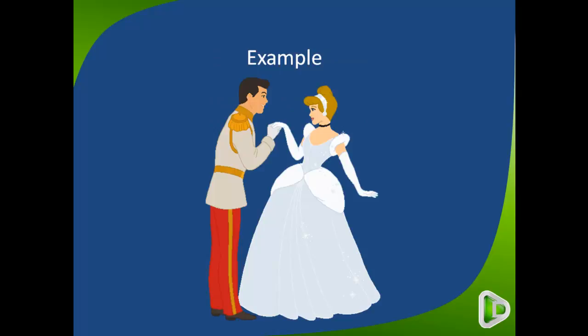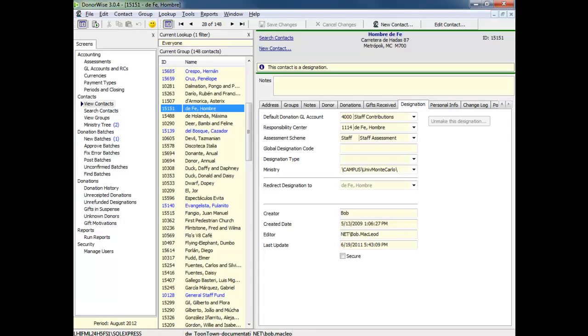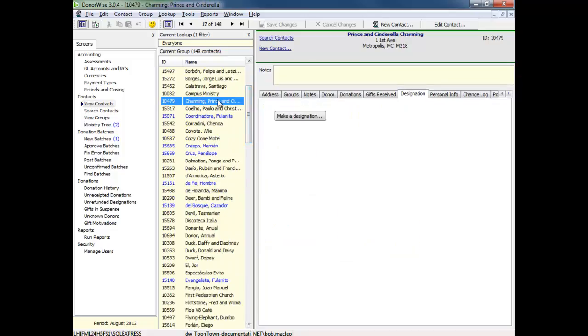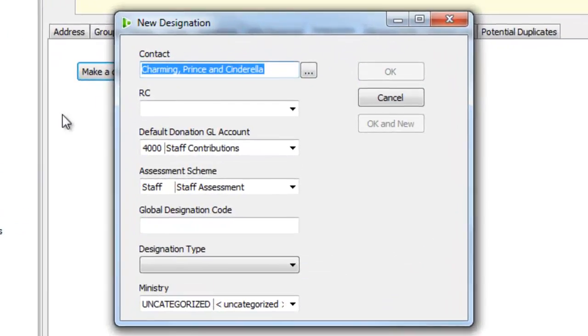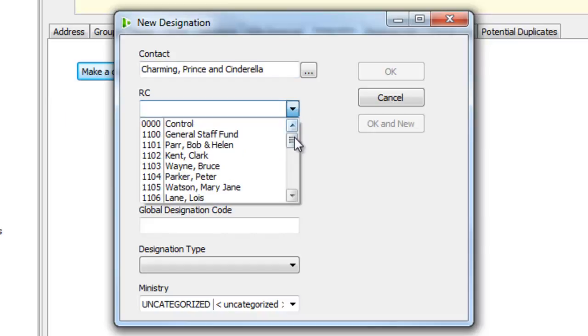This is Prince Charming and his wife Cinderella, and they have just joined our organization as a staff member. So I look them up in the contact list, Prince Charming and Cinderella. On the Designation tab is a button that says Make a Designation. And when I press this button, it brings up a new designation box where I can enter all of the pertinent information. There's their name. I select their responsibility center from the drop-down list,